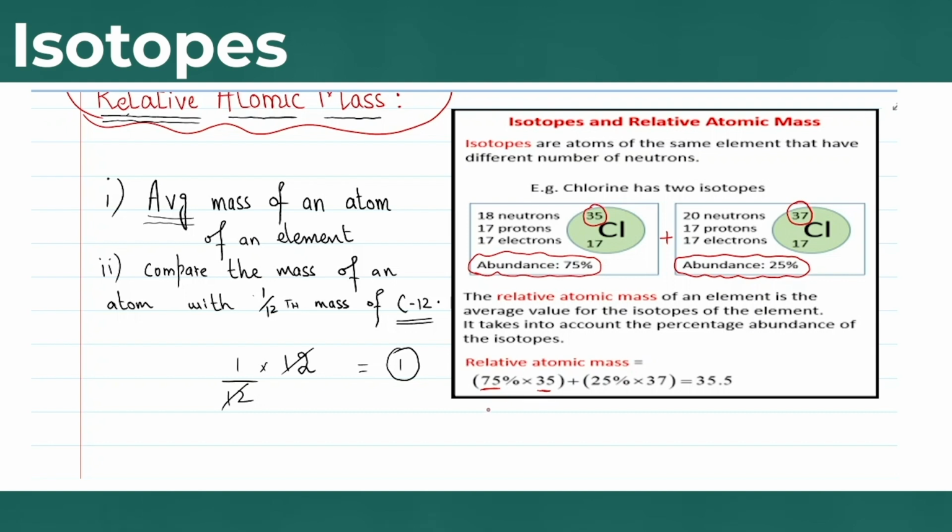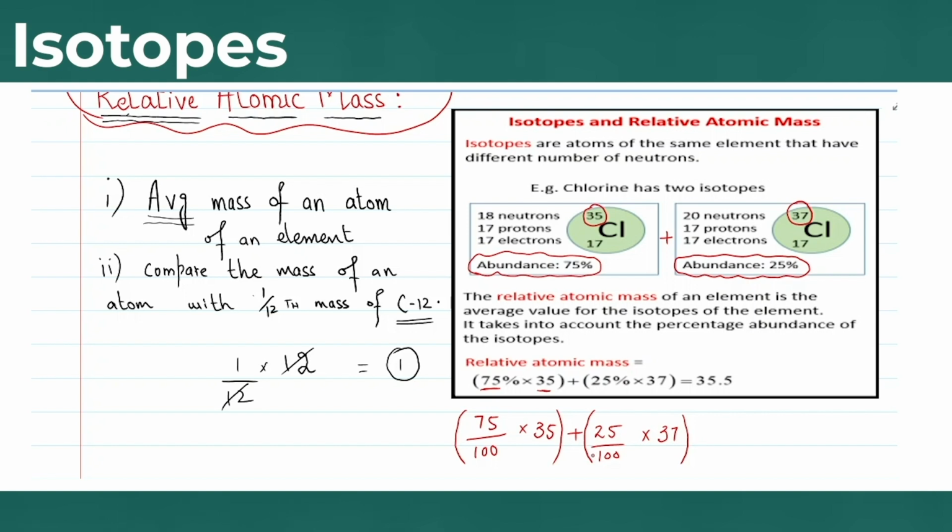So if we calculate this, can I write it in this way, 75 over 100, because percentage is over 100, multiplied by 35, plus this is one isotope. Similarly, we'll solve the second isotope: 25 over 100 multiplied by 37, the mass of the second isotope multiplied by